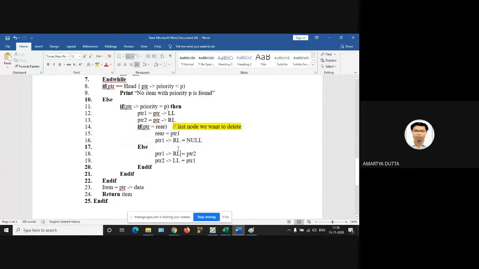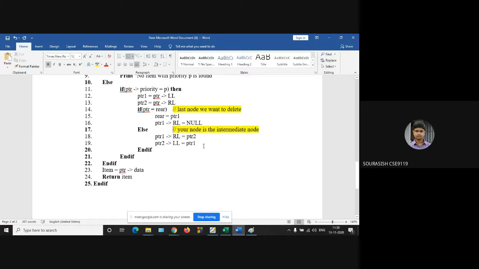Otherwise, the node is not null. The node is an intermediate node, right? Yes, sir. So then, what should I do?